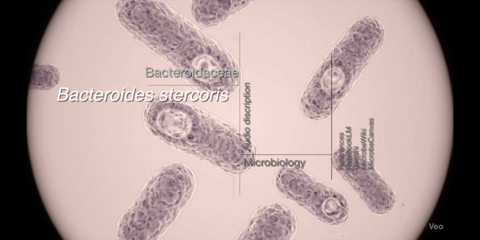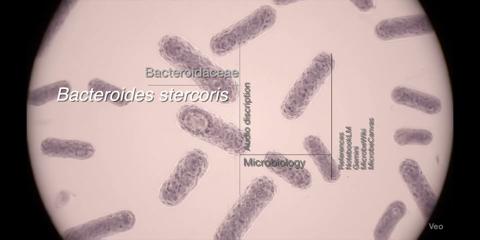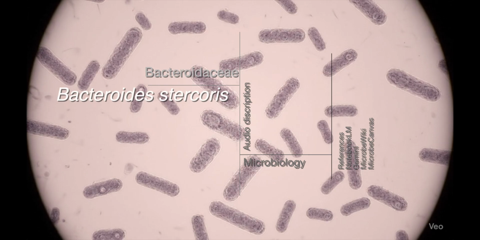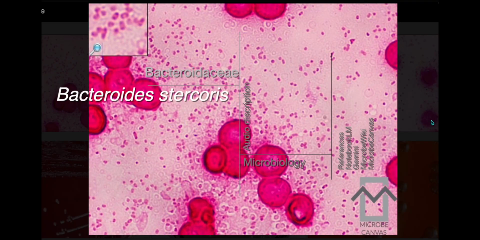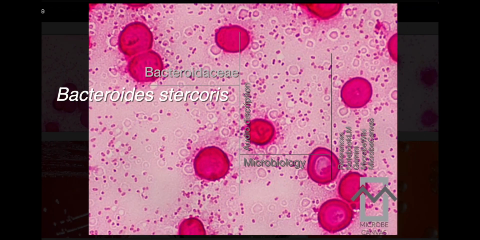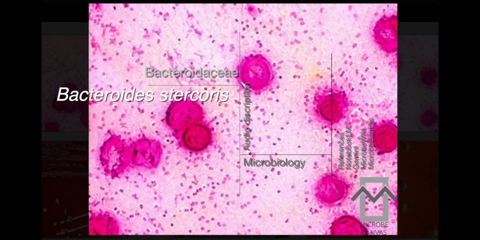If we connect this to the bigger picture, the constant evolution of resistance in B. stercoris and the whole B. fragilis group highlights why ongoing surveillance, both local and global, is so vital. That data feeds directly back into treatment guidelines, keeping them relevant. It really underscores the need for that constant interplay between the clinic, the operating room, the lab, and strong antimicrobial stewardship programs. Exactly. It takes that whole coordinated effort: clinical skills, surgical precision, diagnostic accuracy, and that unwavering commitment to